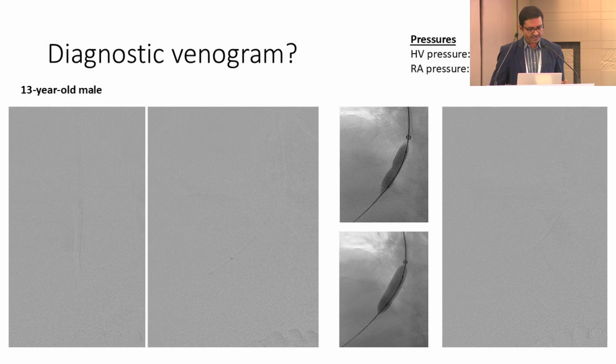So this was one such case where we saw the anatomy, and there was one hepatic vein which was open, and we didn't want to intervene. But a liver biopsy suggested that there is Budd-Chiari syndrome, and hence we had to do a venogram. The IVC was all right. When we did a right hepatic venogram, there was a mild narrowing at the site of the right hepatic vein ostium, and there was a significant pressure gradient of 12 to 13 mm of Hg, so we had to do a balloon dilatation. We could see a waist there, and post balloon dilatation, we can see good flow across the stenosis.